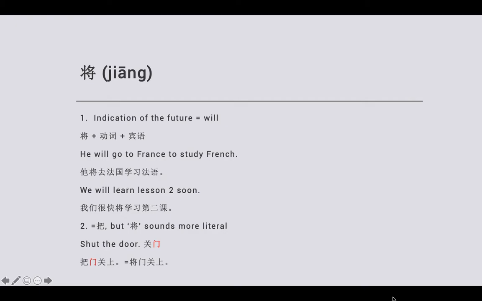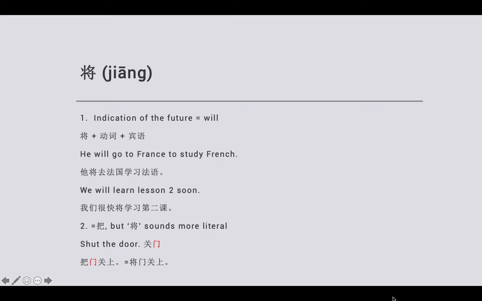For example, he will go to France to study French. 他 will 将 go, to is the verb. 去哪儿呢？ Object 法国 France. 他将去法国干嘛呢？ To study French 学习法语。他将去法国学习法语。